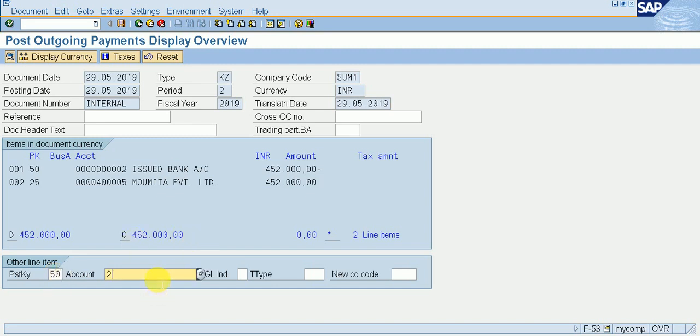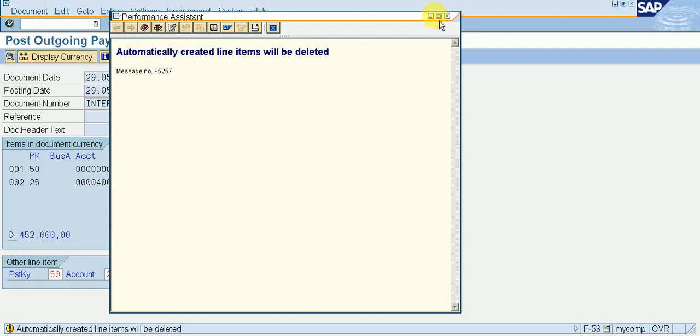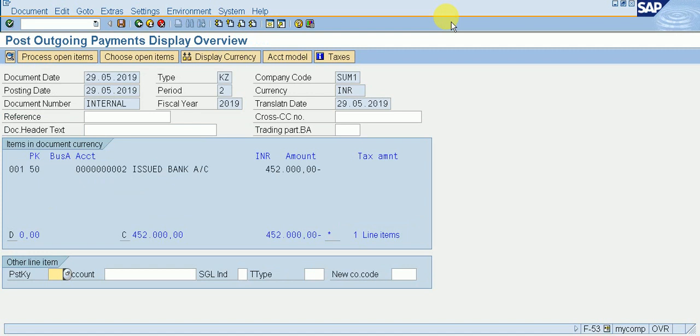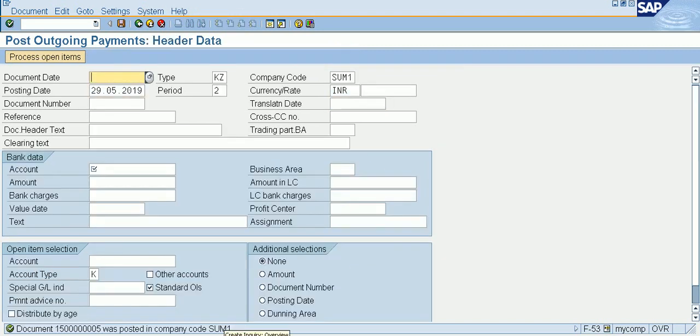Line item I created. Why? So sorry. I clicked on process open item and then save it. It will show me a save.